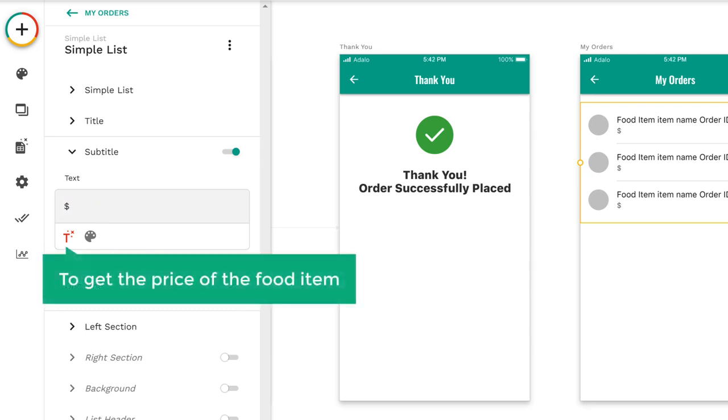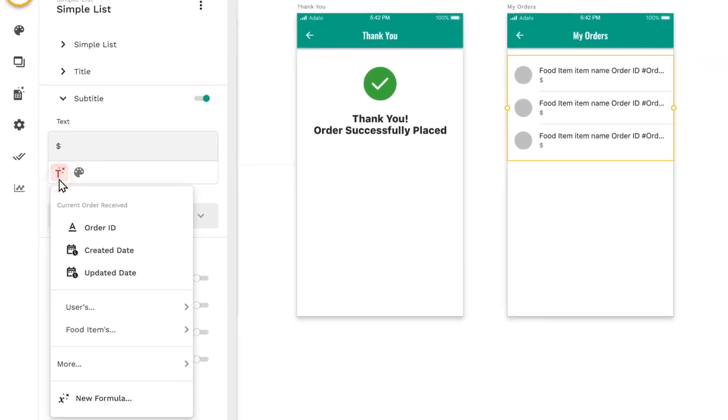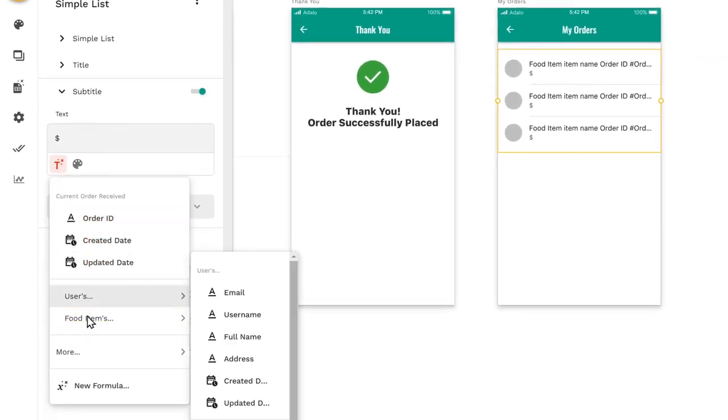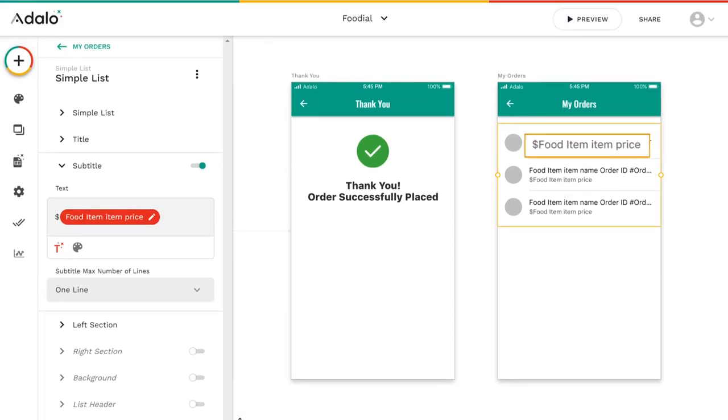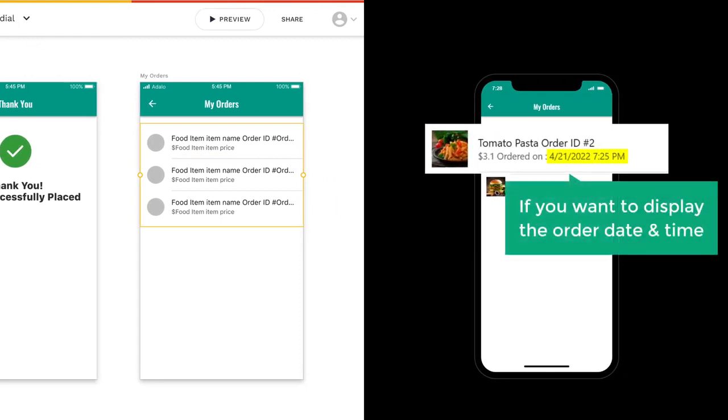Now to get the price of the food item, click here. Then go to food items, click item price, and the amount will be displayed in dollars. Okay, once you're done, now if you want to display the order date and time like this,